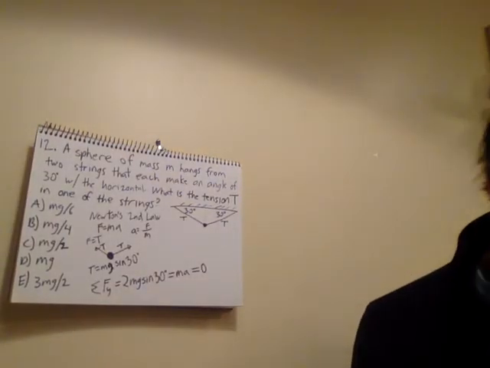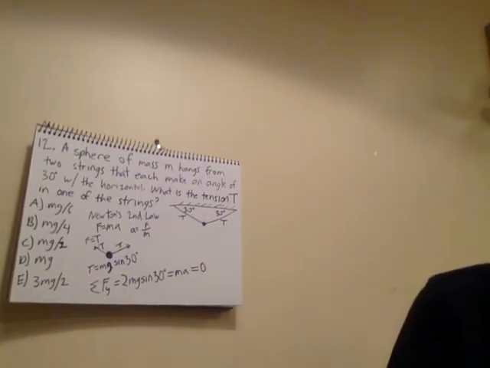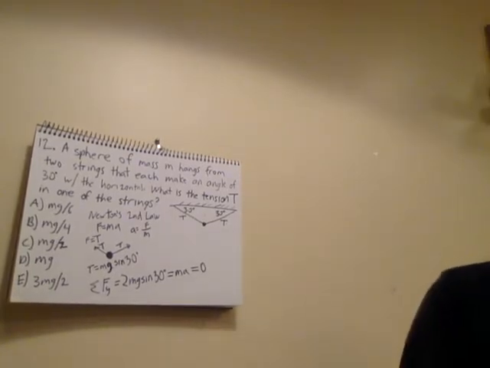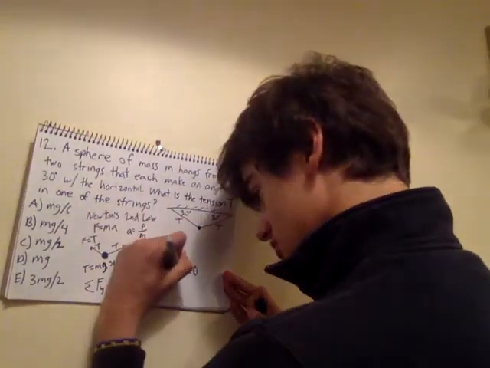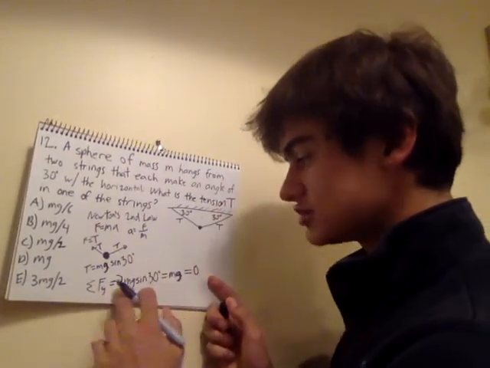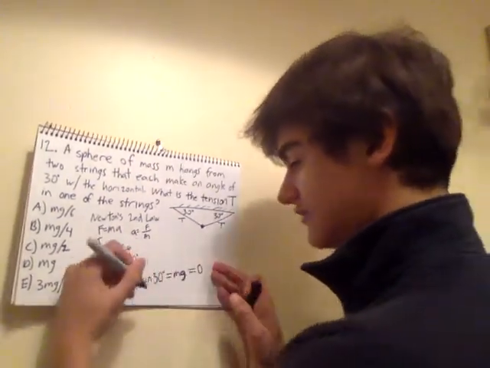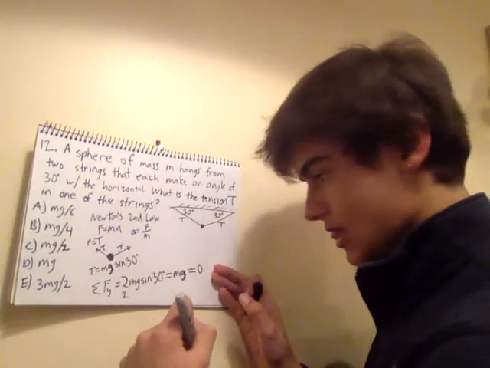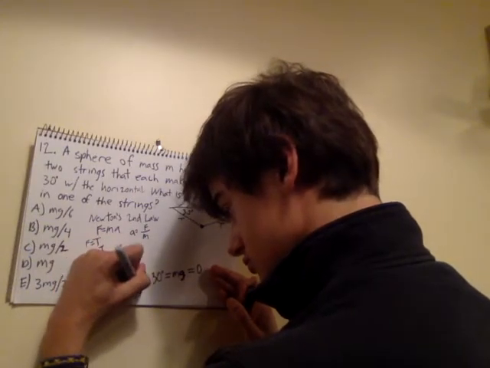So now that we have this, the acceleration again here is going to be gravity. And now let's solve this part of the equation. We can take sine 30. Sine 30 is going to be 1/2. So 2 times mg times